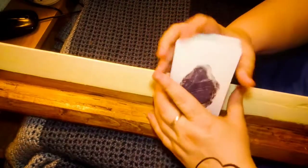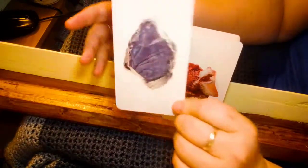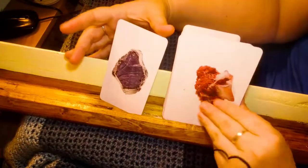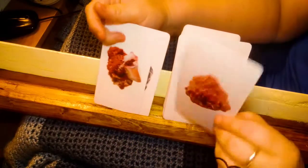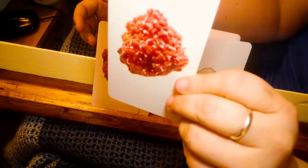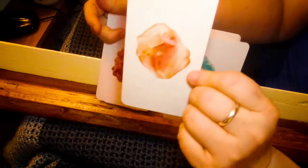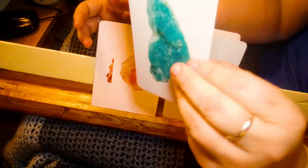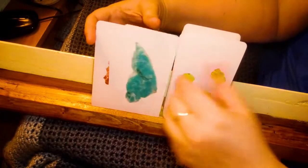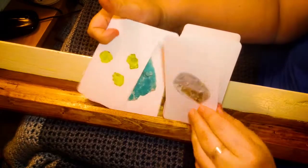cards. Now, I'm going to show you the front of the cards first. This is Jet. This is Topaz. And they're all in their raw form. You don't see hardly any of them tumbled. Vanadinite. Sunstone. And you've seen some of my Sunstone, which are tumbled. This is Amazonite, which I have as well. Peridot, which I need to get some of. This is a diamond in the...